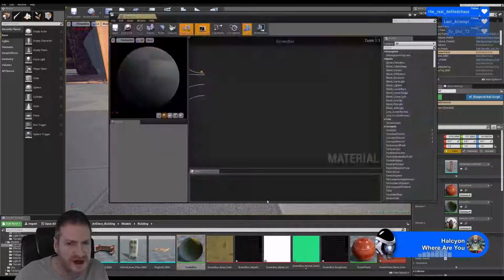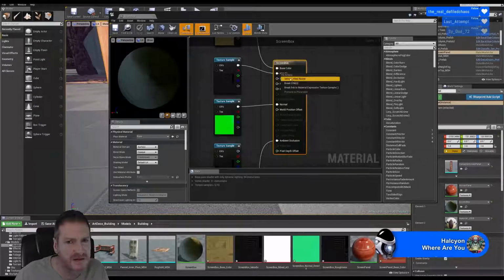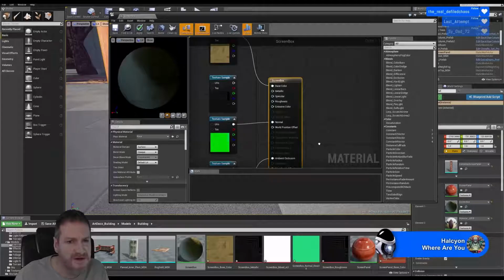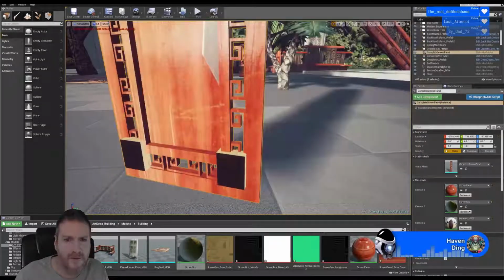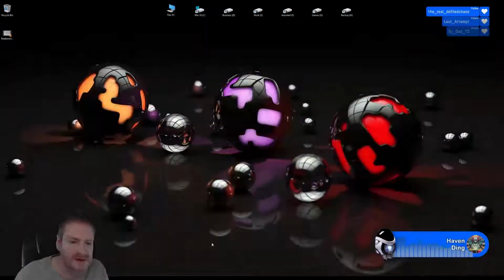Just going to look at the shader again. I'm going to disconnect everything that may be causing a problem. So I'm going to turn off metallic. It's only ambient occlusion, normal, and the color. I've noticed sometimes that can be a problem with the normal tangents as well, but let's jump back into